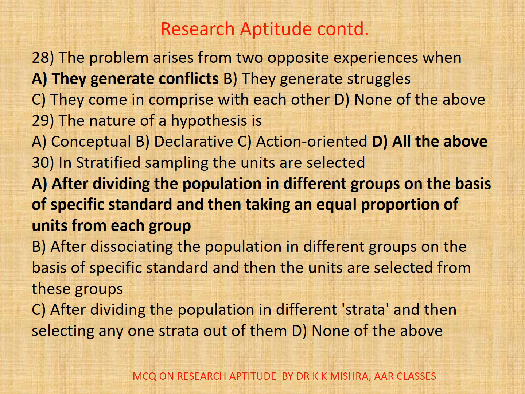30. In stratified sampling, the units are selected. The correct option is A. After dividing the population in different groups on the basis of specific standard and then taking an equal proportion of